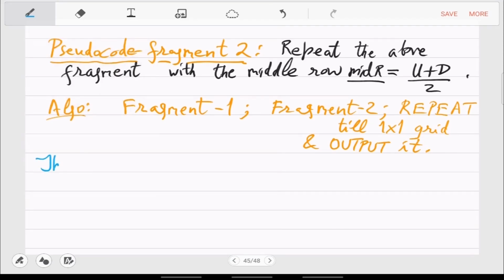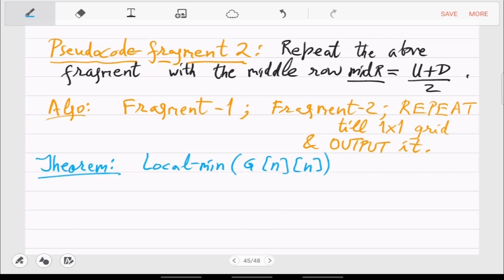What this pseudocode will achieve is that a local minima in the grid with n cross n elements is computable in, it runs in linear time.